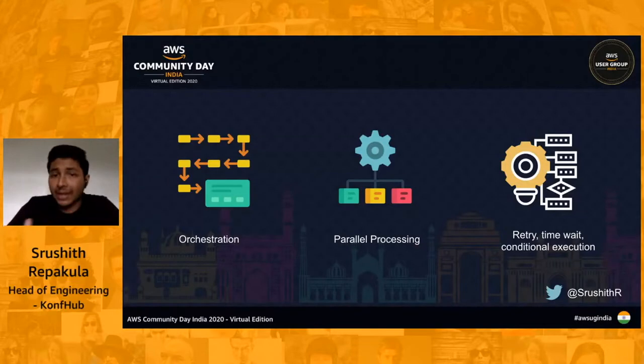But then there are multiple other things. The other one is parallel processing. Like I mentioned some time ago, based on the response of the first Lambda function, I want to decide what I want to do. Instead of me writing that code, it's a very simple thing. I don't want to handle it at the application level, but rather code for it in the step function. Let's say Lambda 1 returned an array of 3 objects, and for each of the objects I want to perform some computation, right?